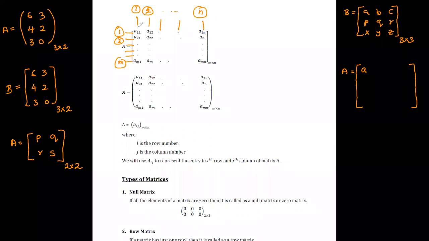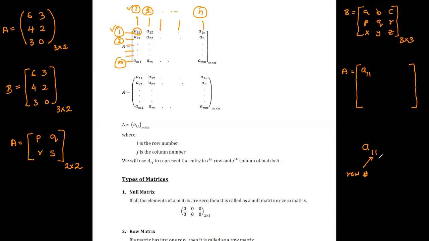Now, if you name the element including the row number, then this element would be the element in first row, first column. Therefore, we can name this element as a11,